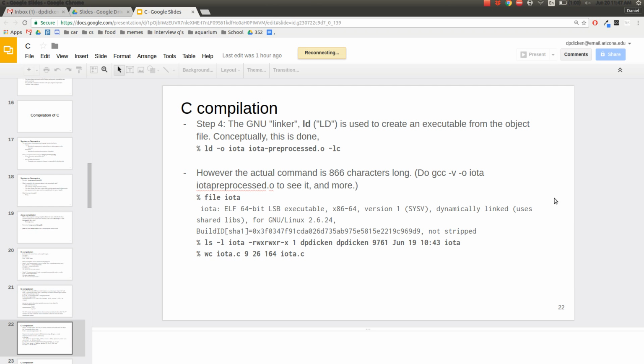So the fourth step in this C compilation process is we link our object files together. And this is where the actual creation of the executable comes from. And so notice that we use the GNU linker, which is called LD. And again, what this will do is it will combine any object files that we're using together and create this